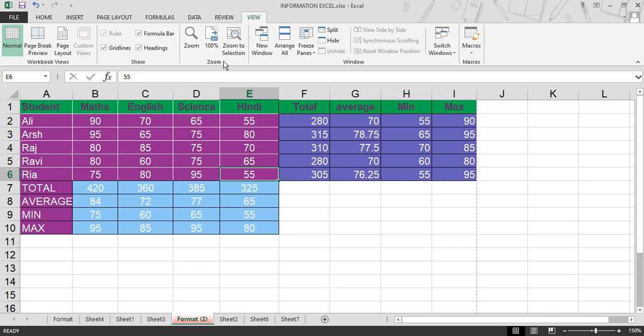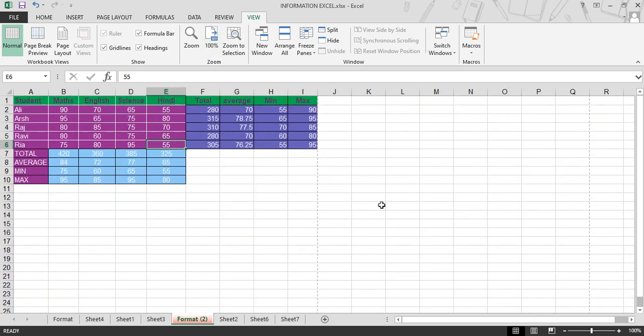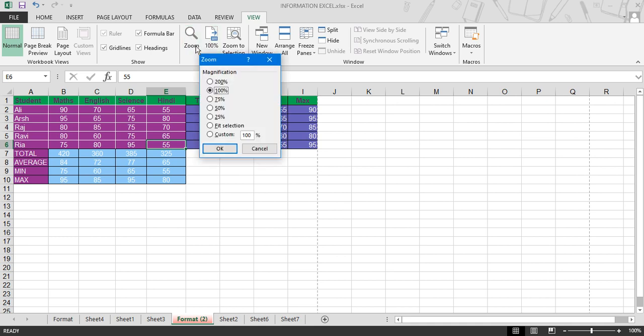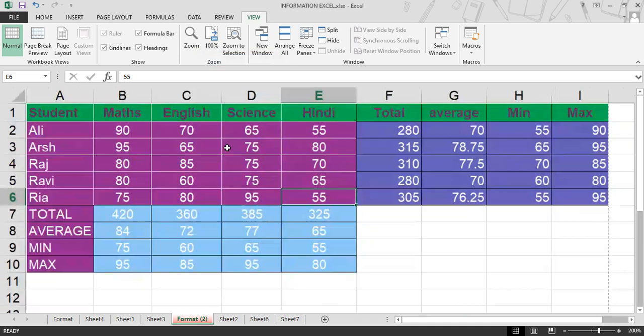Second is zoom option. In the zoom, you can increase or decrease the zoom value to view your page. For example, you want to view it as 100%. So this is the 100% view of your sheet. If you want to zoom by entering the value, for example 200 or a custom value, you can enter the custom value here.